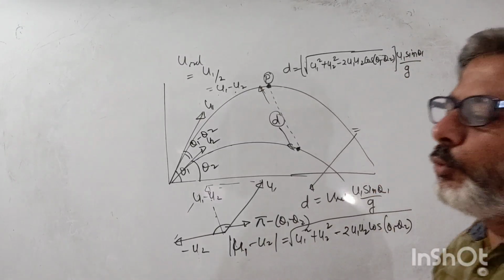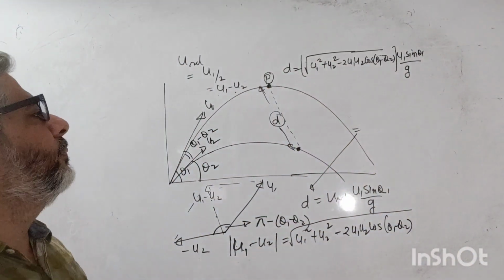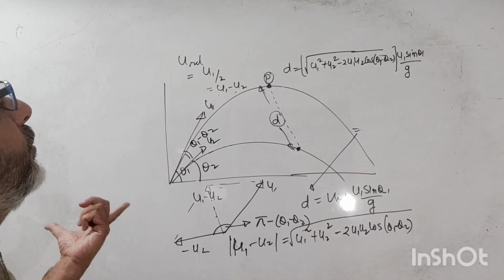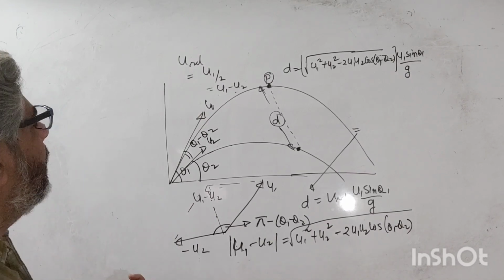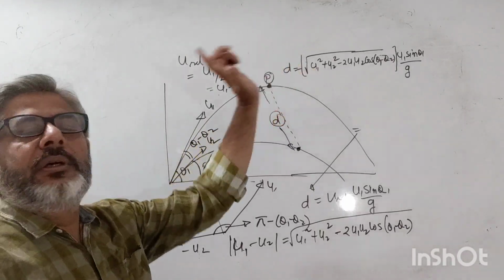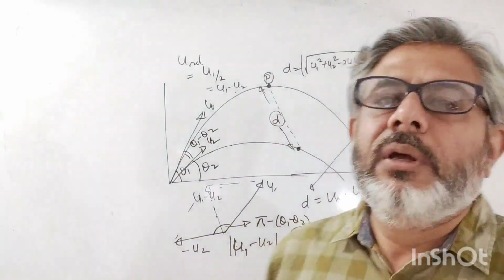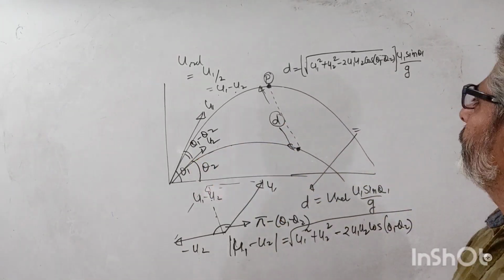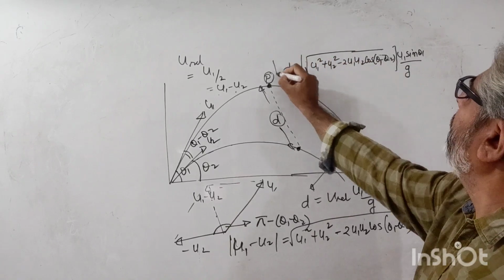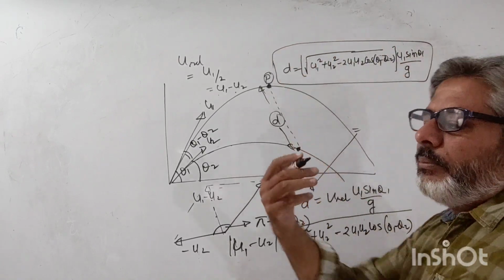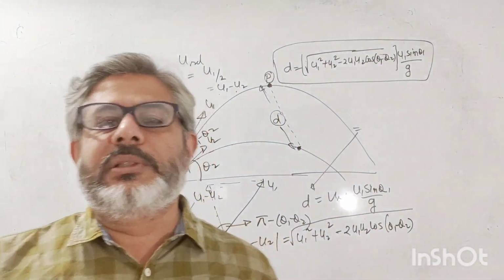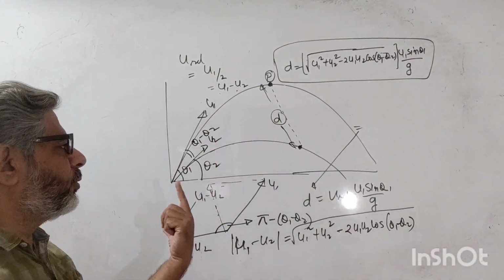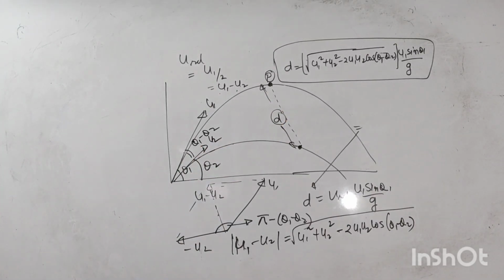So this is the answer if you get options in these forms like u1, u2, and if they give you values, then also you can find it. For example, if you know that u1 is, let us say 20 and u2 is 30, and the angle, if they have given you, then you put values in this and find your answers. So this problem I am letting it be without the numbers, just in symbols like u1, u2, theta 1, theta 2 and g, which is the acceleration due to gravity.